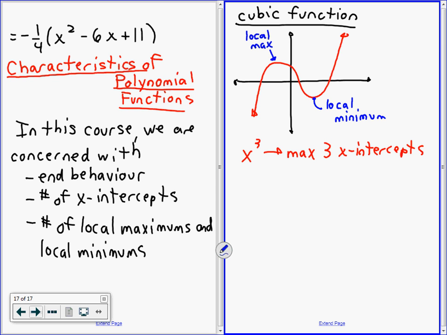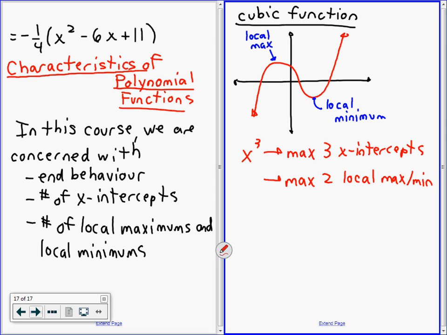So for x cubed, there's going to be a maximum of two local max min. I'm going to draw an x to the fourth graph, if you don't mind. And then we're going to go. Does this make sense, what I just drew there? Okay. That's what makes it an x cubed, you can tell, because there's 3 x-intercepts, so it's an x cubed, and two